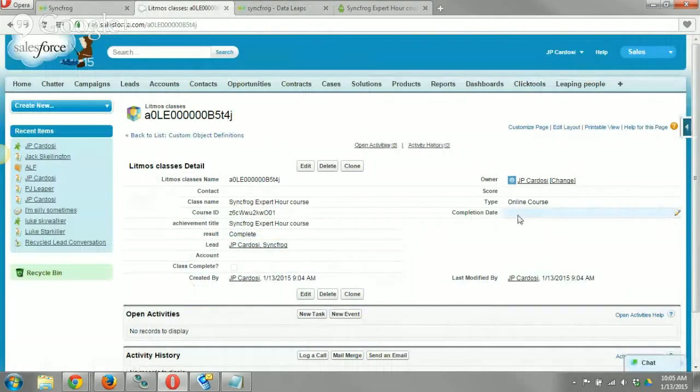Once we get the completion date thing fixed, we'll be able to map over the completion date. And obviously I did something incorrect on that. You can see it's not tied to a contact either, just as this person as a lead. So that is one of the use cases that we've had people ask us about,